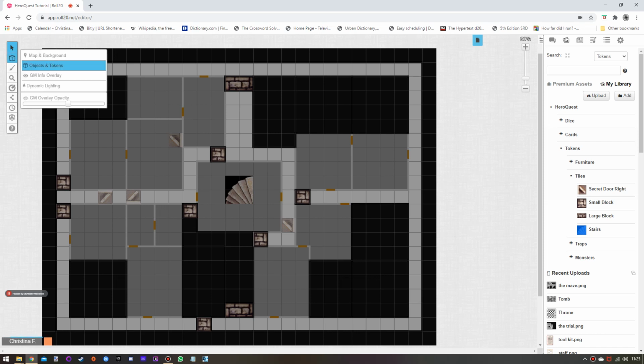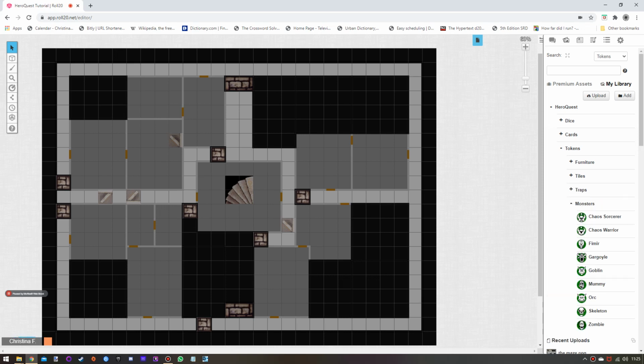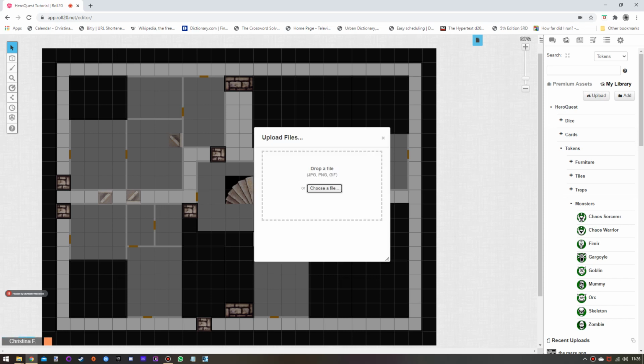Okay, first off we want to make sure we are on the objects and tokens layer, because we are going to do characters and tokens. Now, the easiest way is, if you've got a library, which I have here, I showed previously how to upload directly. If you've forgotten, it's literally you go here, choose a file,